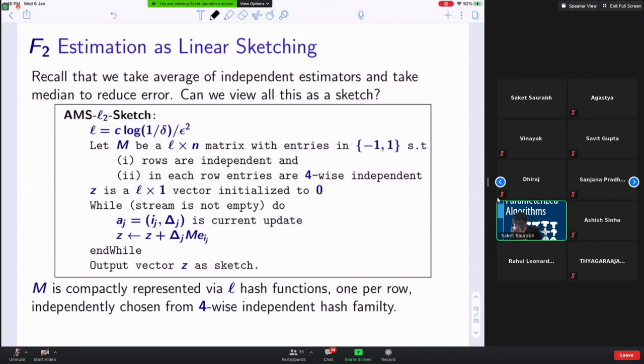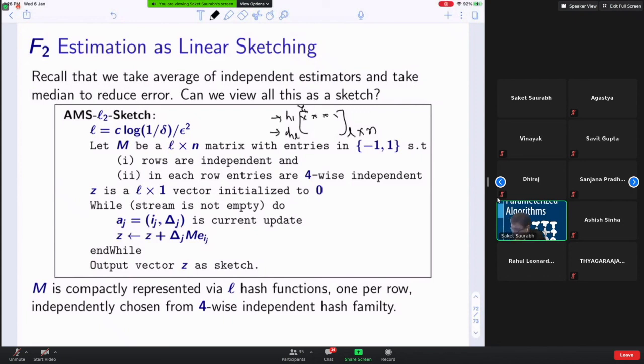So what you do is very simple: how do you make this matrix? This is a matrix of dimension L cross N. This is a matrix which you're going to keep in your head, but you're never going to write it down. Think of it this way: you're going to generate not one hash function, but L hash functions. So each row is given by